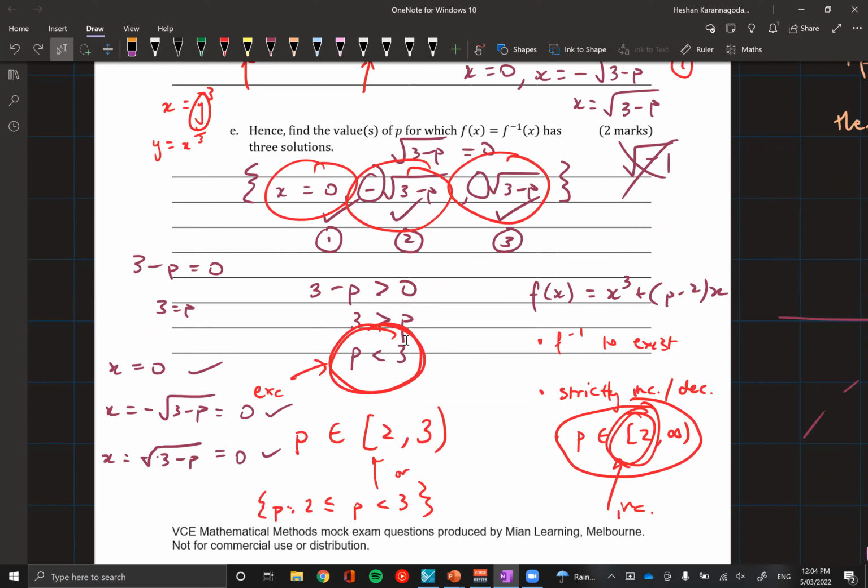So that's actually a good point you pick up. That's a good time to raise this point. We have to actually read the question and make sure we're answering the question that it directly asks us. Because it's not asking for the solutions. It's asking for the values of p to give 3 solutions. So if you just find the solutions, there's no point because first of all, it's a waste of time. Second of all, you're not answering the question appropriately.